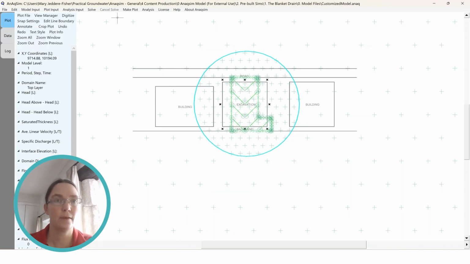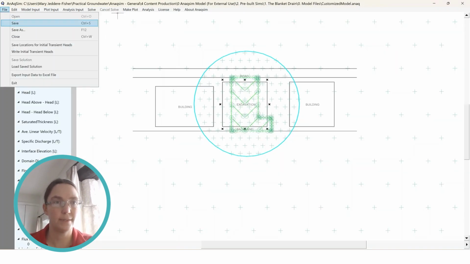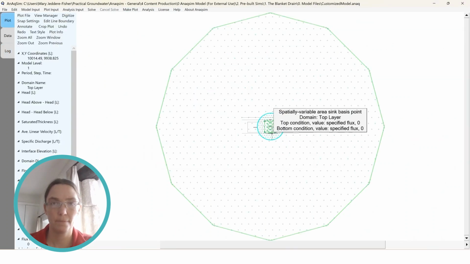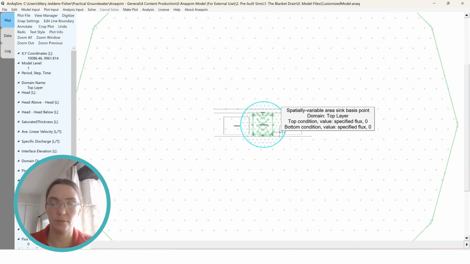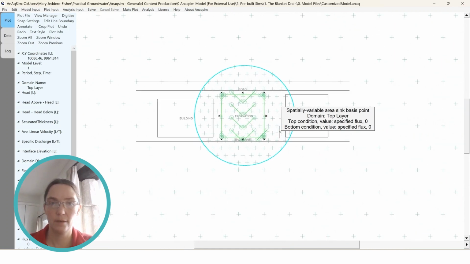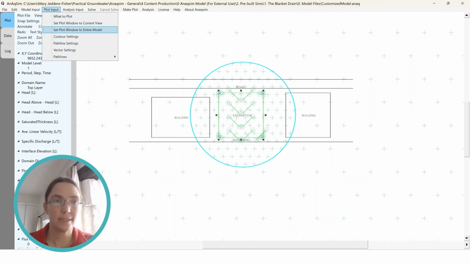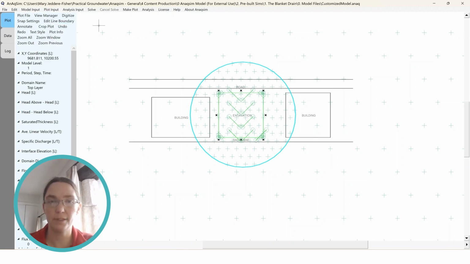There we go. If we save that again, make the plot. There we go. I'll zoom back in, and you can see that that outside L-shaped building has now changed to be a square building, representing the excavation. I'm going to set the plot window to the current view so that it doesn't keep resizing every time we